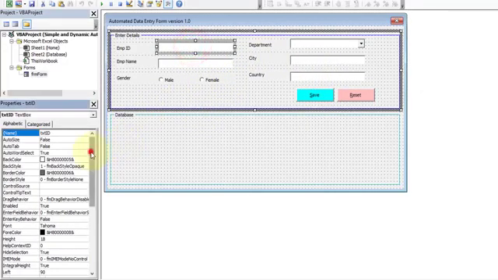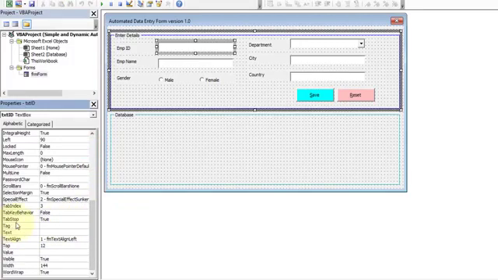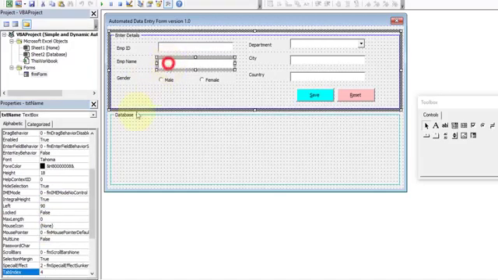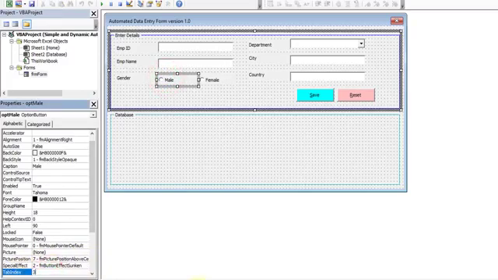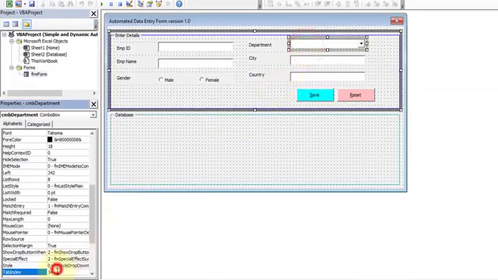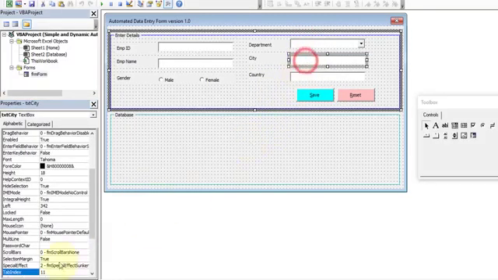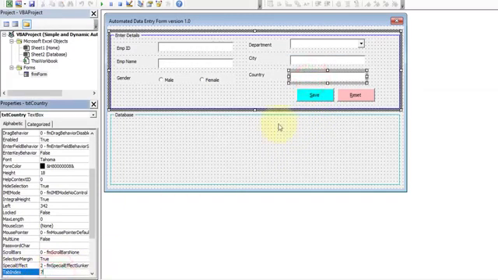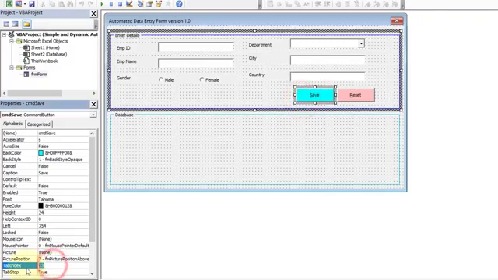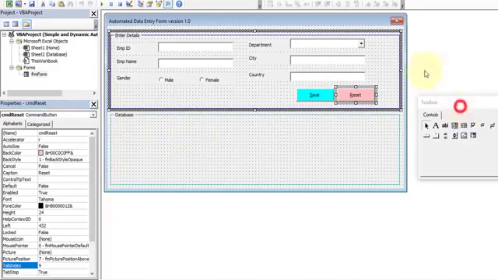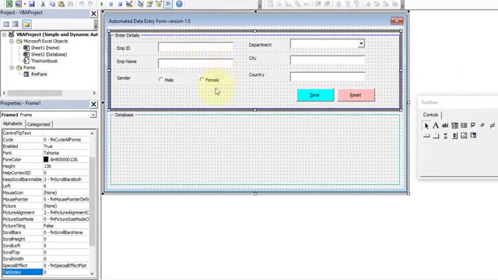So let's select this text box, go down, and here you can see that tab index is 3, so let's change it from 3 to 1, and then assign this should be 2, this should be 3, and 4, 5, 6, 7, and this is for 8, this is for 9. Now we have successfully given the tab order and everything.